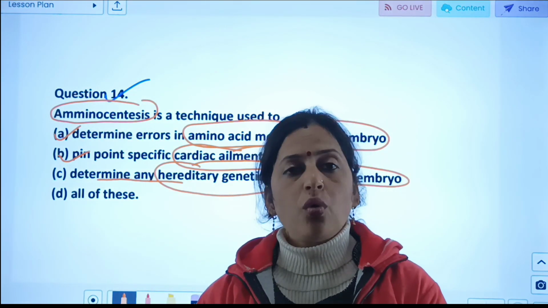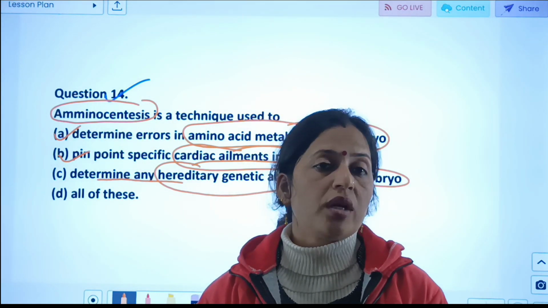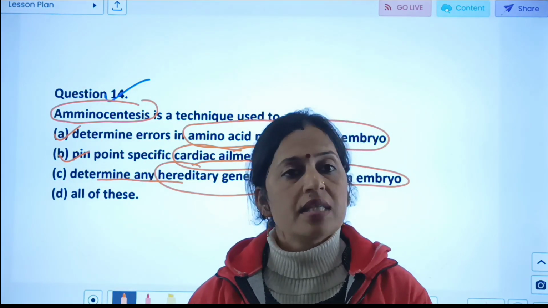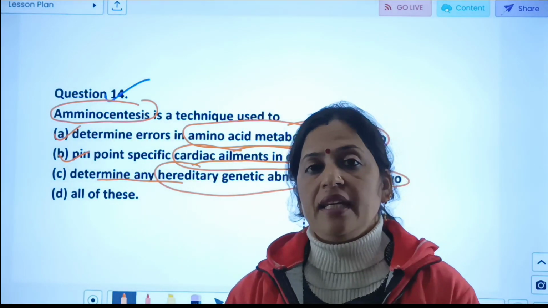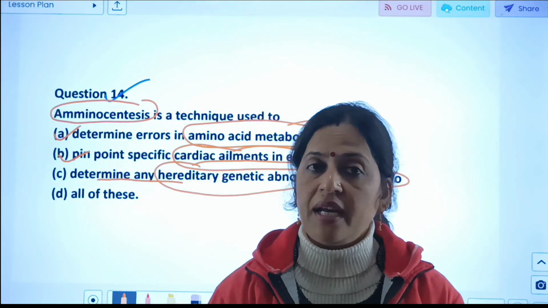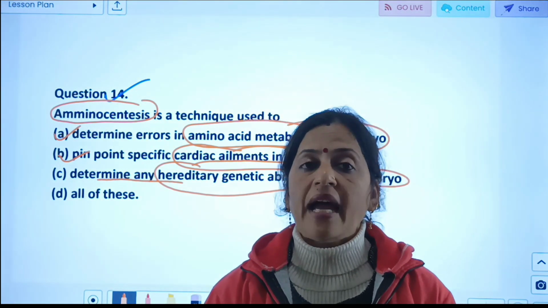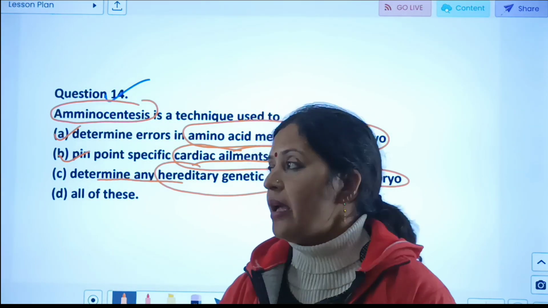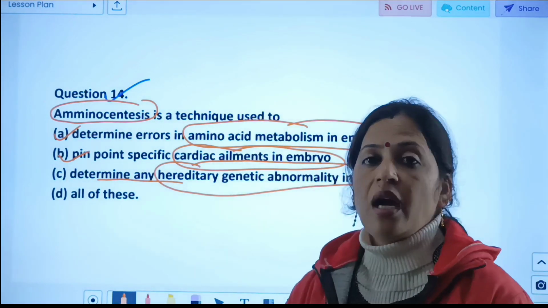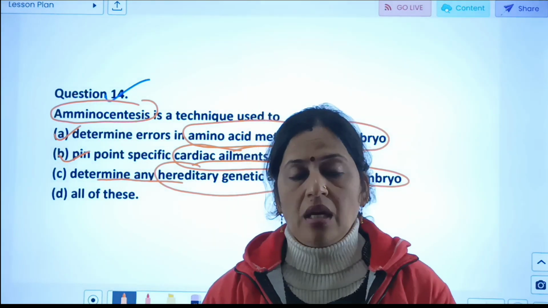दैट मींस इसमें से कोई न कोई एक ऐसी ऑप्शन होगी जो डायरेक्टली रिलेट करेगी हमारी amniocentesis टेक्निक के साथ। तो जो amniocentesis है वो एक ऐसी टेक्निक है जिसमें हम स्पेशली एरर्स को डिटरमाइन करते हैं, and that errors are related with the amino acid metabolism in case of the embryo. ठीक है, उस केस में हम amniocentesis टेक्निक का यूज करते हैं।